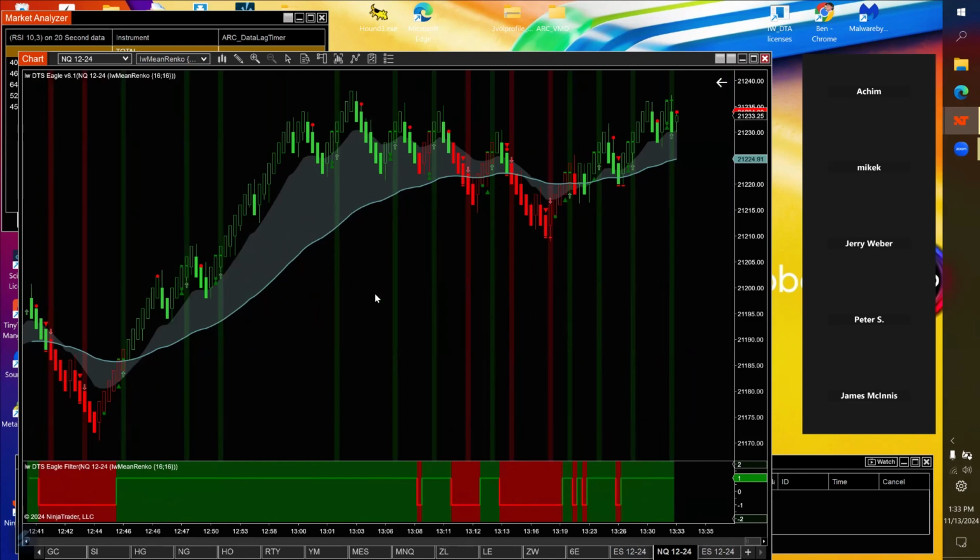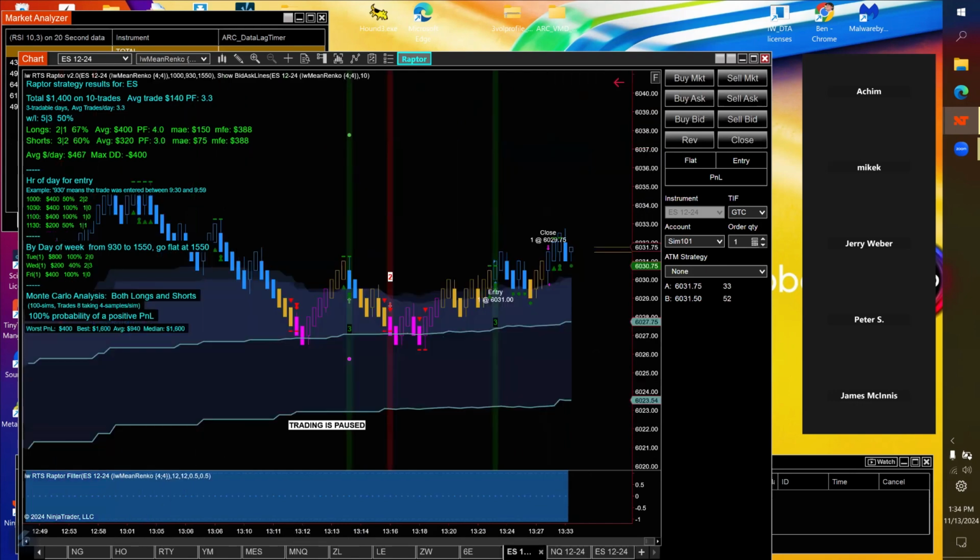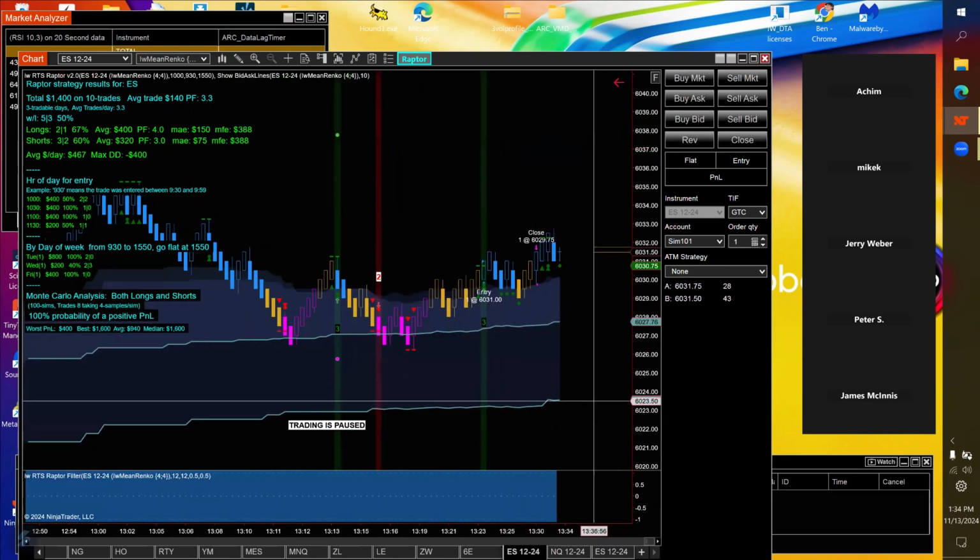So the difference is that Eagle doesn't have the 3 systems combined. Eagle is only one of the 3 systems. Raptor, we're using all 3 signals together, all 3 systems together to make the signals. So Raptor is kind of a one-stop shop. It's got everything in it. Everything that's